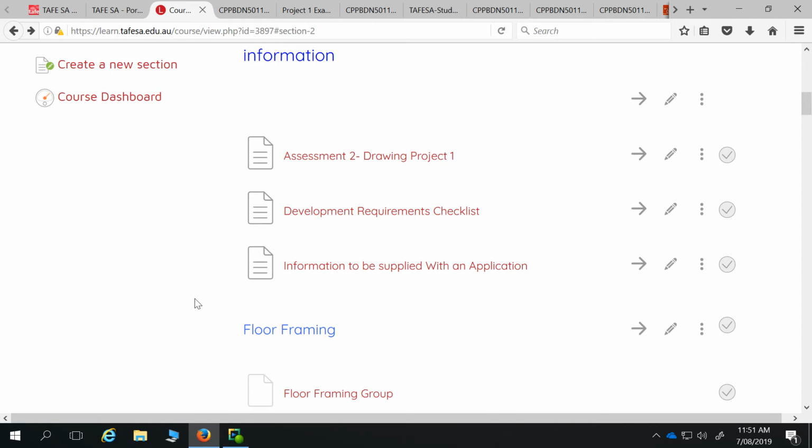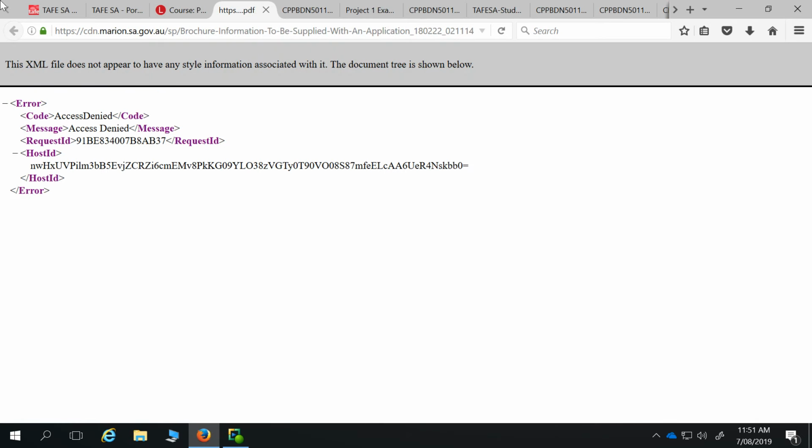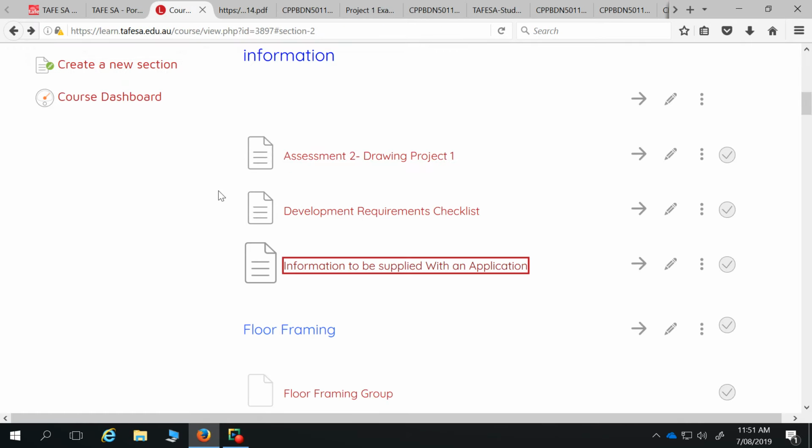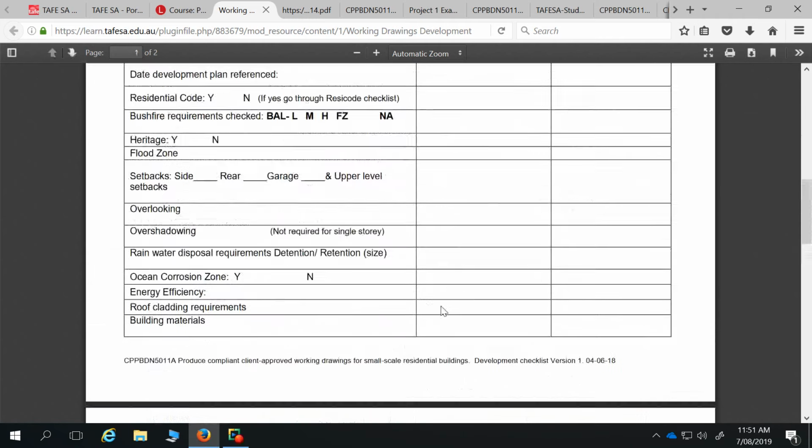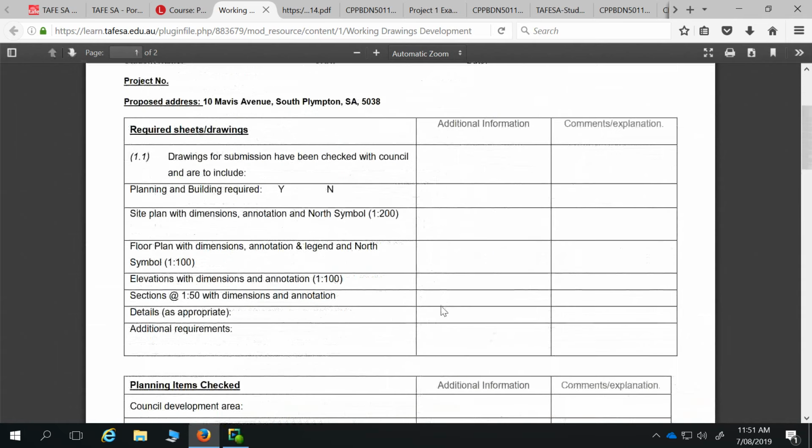We'd be looking at the Marion Council website to start to have a look at what sort of information is required. And in an office, this development requirement checklist that I've set up here is sort of a smaller version, I suppose, of what an office might have set up for each job. It's a blank sheet, and you'll go through and fill that out quite early on in the